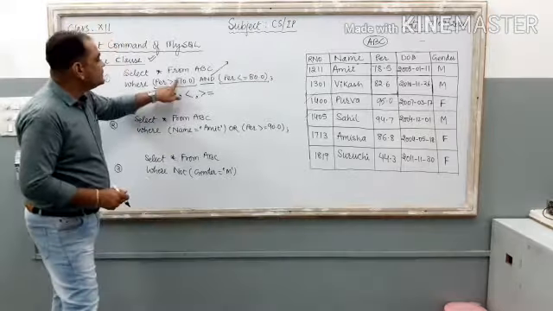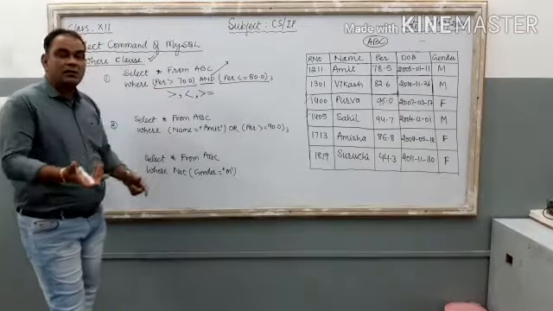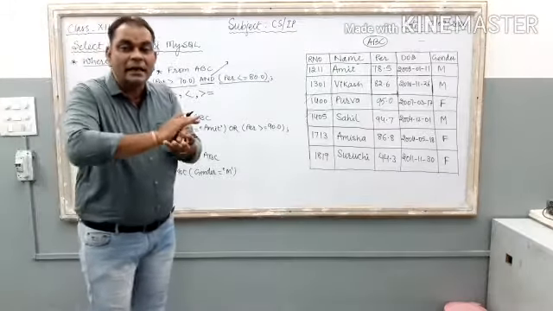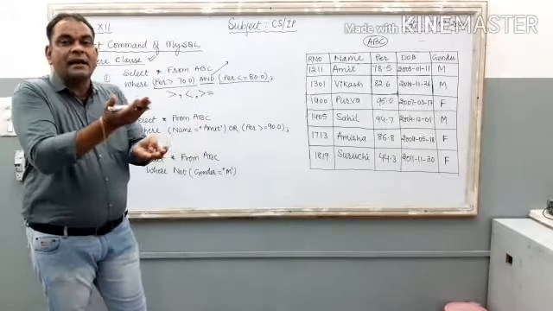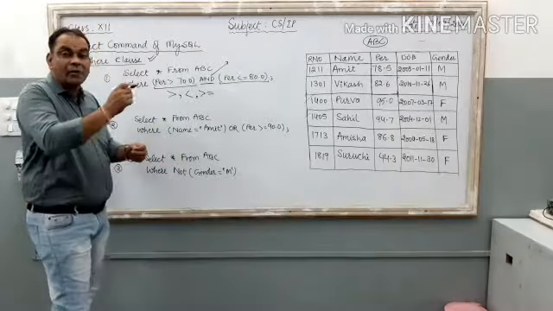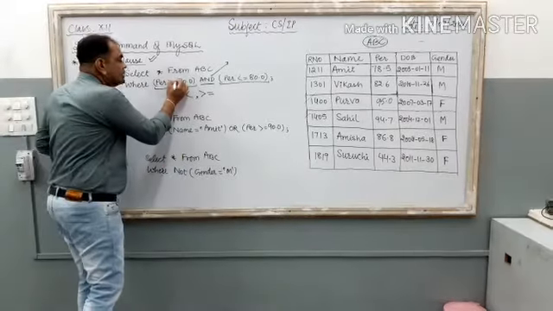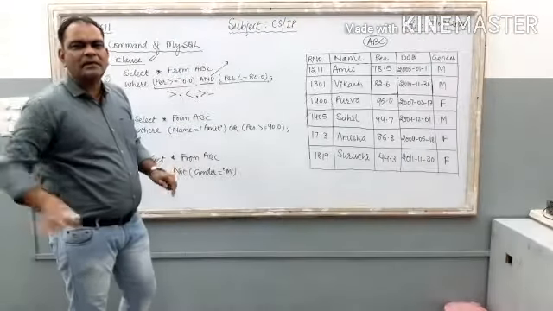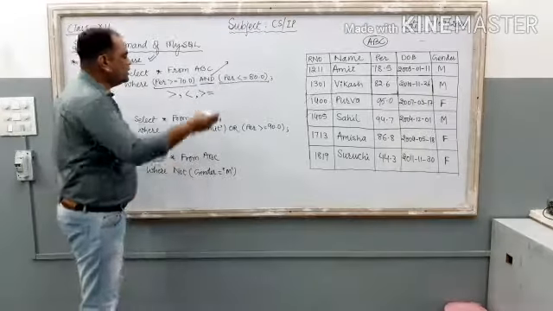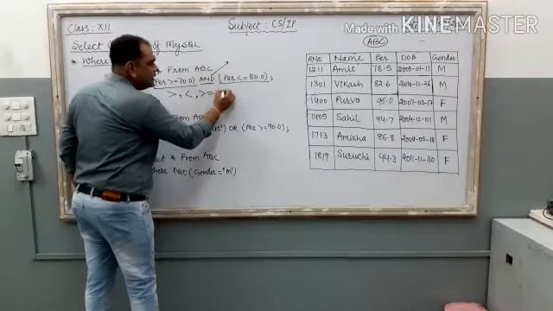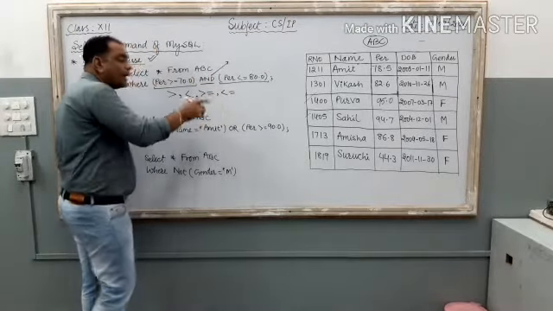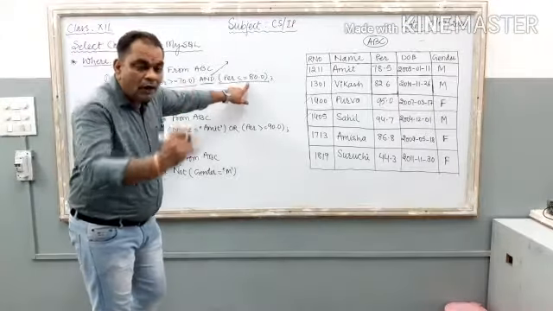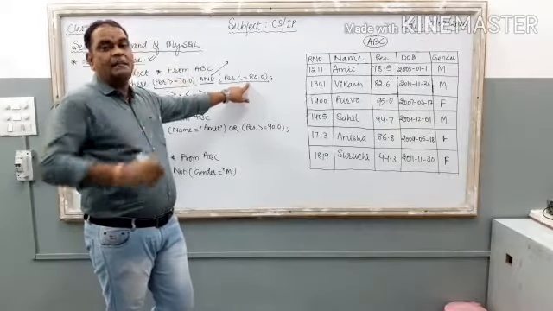If I remove this equal to sign, it means exact 70% is not included. Only records with more than 70% will be on the monitor as output, right? So this is known as greater than or equal to. It is the same as in Python. In class 11 you can do a lot of programs based on this. Now this one is less than or equal to. Less than or equal to means either 80 or less than 80. 80 is included in that particular concept.